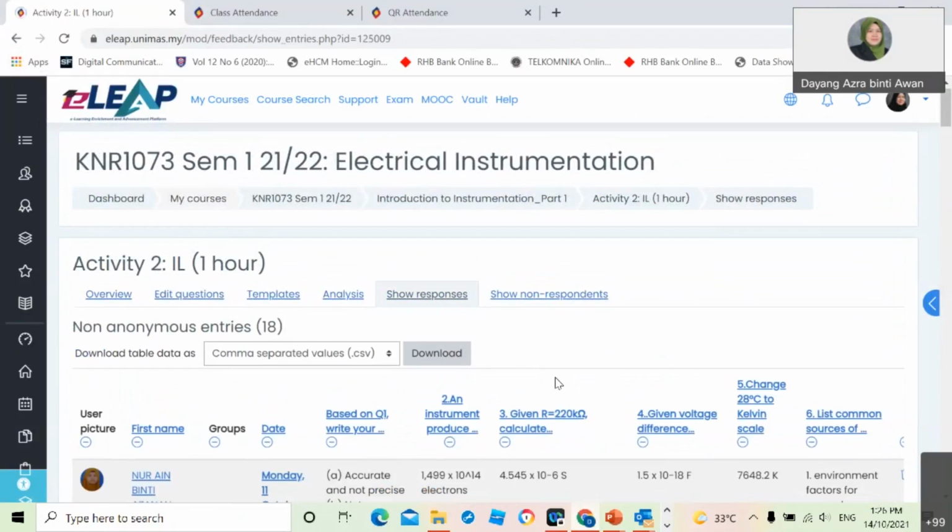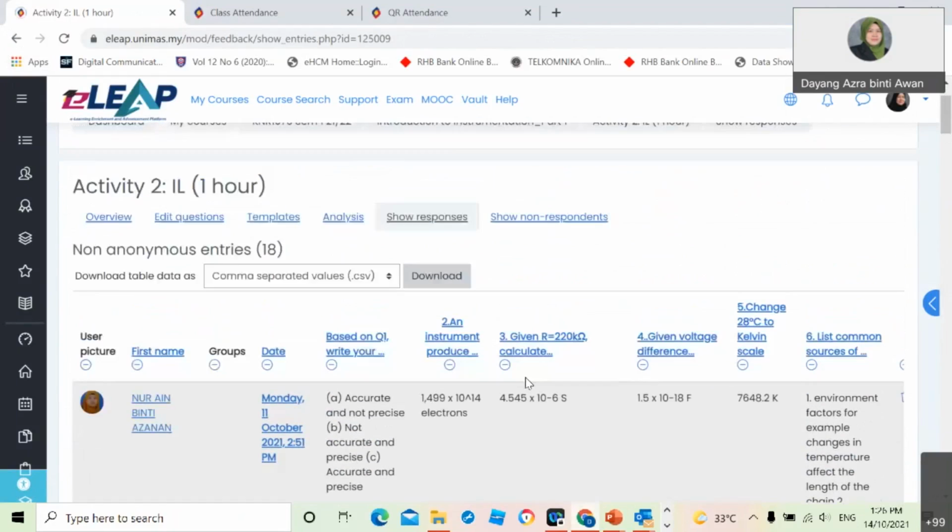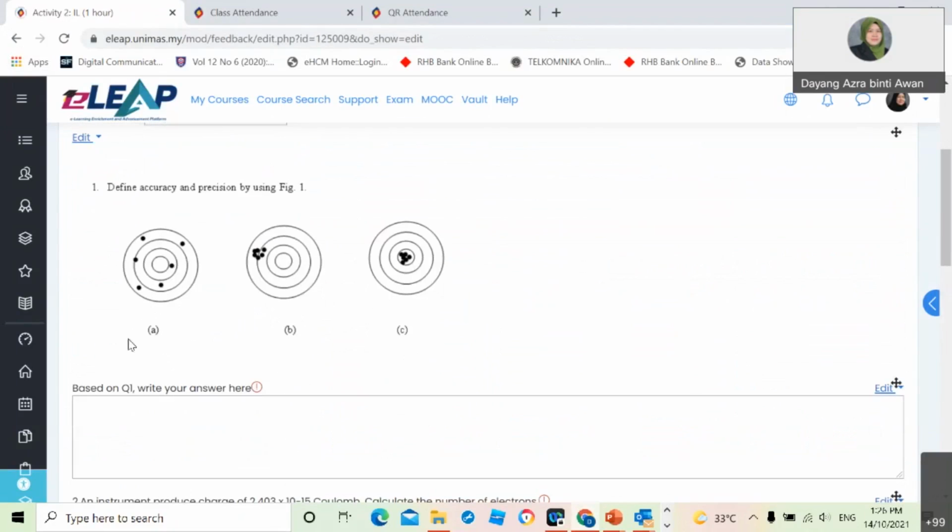Okay, so this one you can see from the figure. This is your question. This one is not accurate and not precise. Bear in mind, why is it not accurate? Because it is not near the true value. Why is it not precise? Because the data is random, all together, and the plus minus errors are not small. So this one cannot be said to be precise but not accurate, because it is not precise and not accurate.